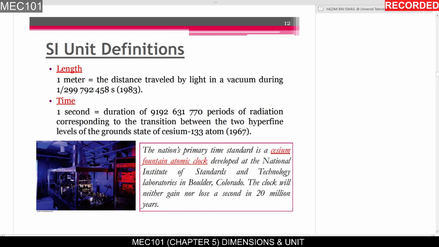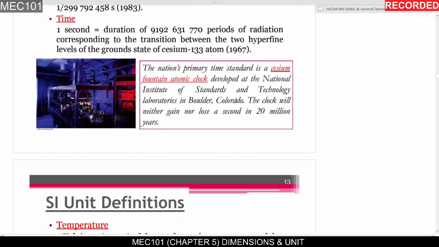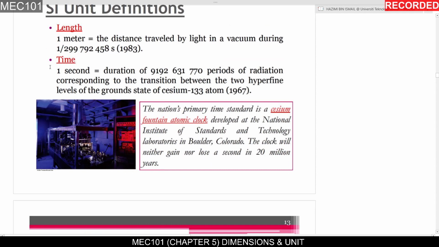1 meter is equal to the distance traveled by light in a vacuum during 1 over 299792458 seconds. So don't worry about the definitions. You just have to remember that the length is a fixed distance that the light travels under certain conditions. Okay, so every definition of the SI basic units